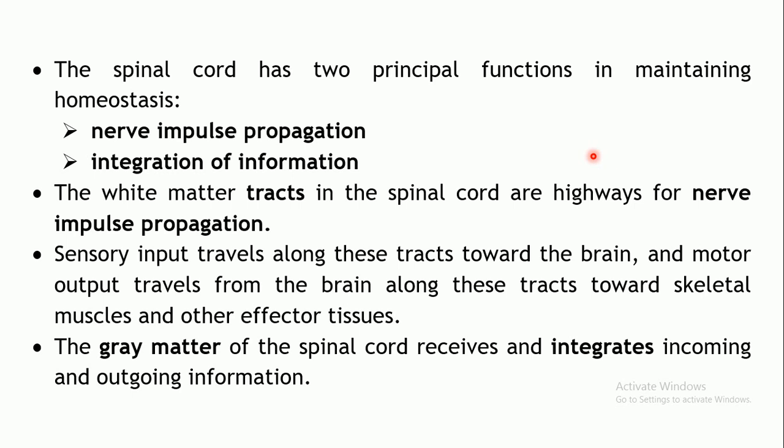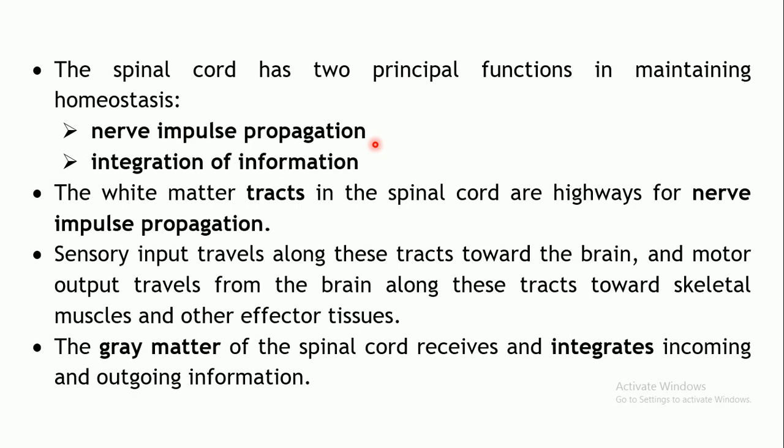Okay, so the spinal cord plays a very important role in homeostasis by carrying out two main functions. That is propagation of the nerve impulse, that is, a nerve impulse enters the CNS through the spinal cord. So we have seen that the spinal nerves will bring in the impulse. That will enter the spinal cord through the posterior root and the rootlets. It will enter the grey matter or the white matter, and then it will relay towards the brain for the integrative function.